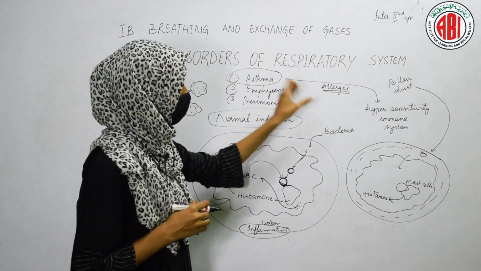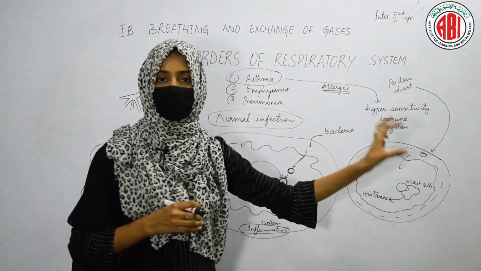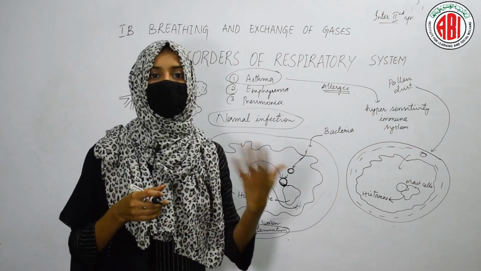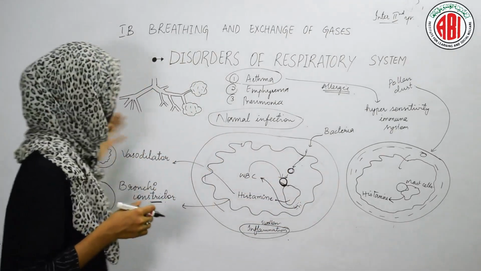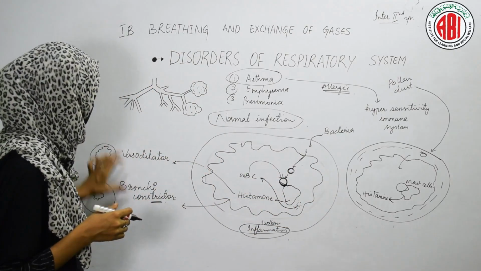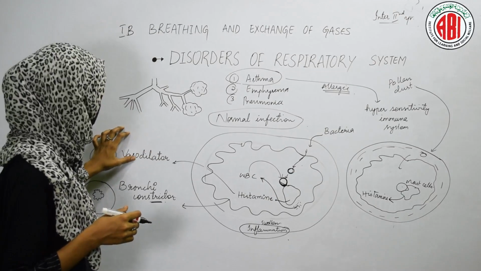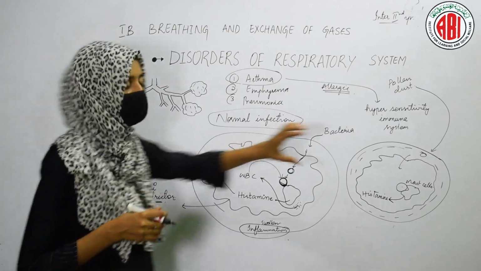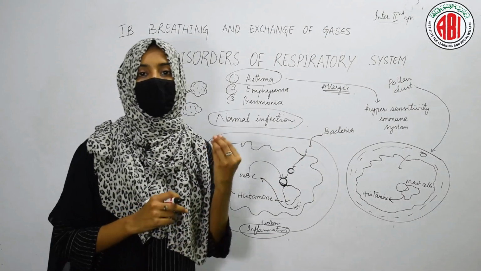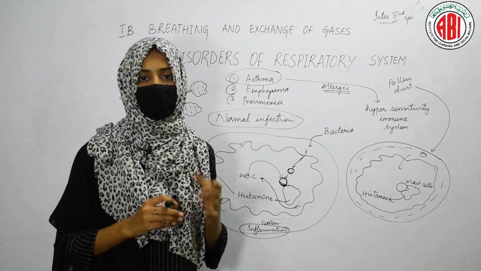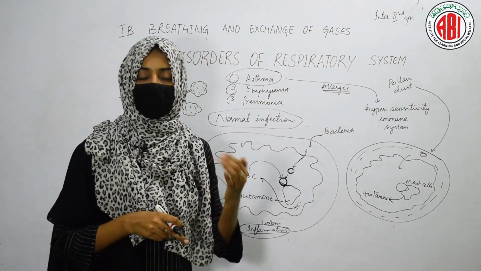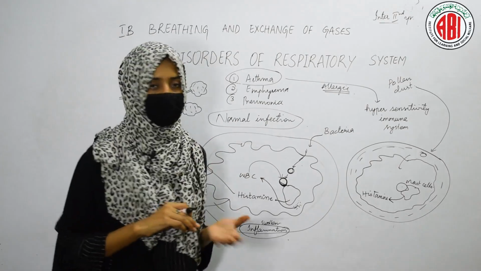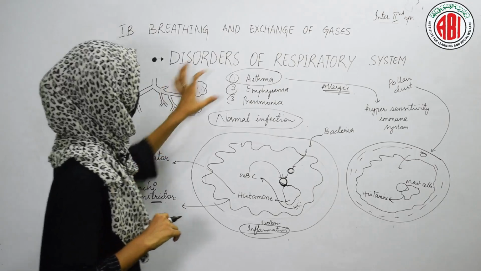So, for example, if a pollen or a dust particle enters into the trachea, then when it reaches the mast cell, the mast cell becomes active. It releases a chemical called histamine, which acts as vasodilator and bronchi constrictor. As the histamine is a vasodilator, it releases a fluid, and as it is a bronchi constrictor, the walls of the trachea and the bronchi become inflamed and swollen, due to which the air space decreases and the person cannot breathe normally. This is what happens in the condition called asthma.